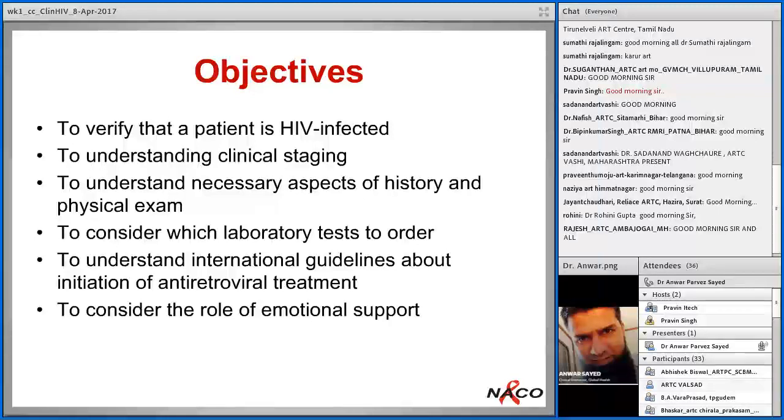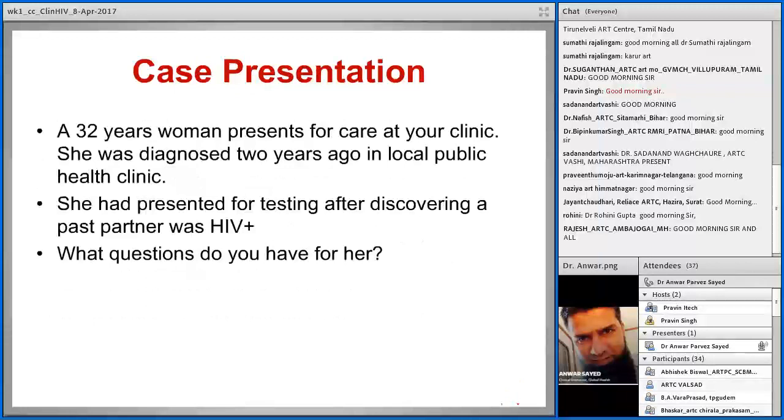What are the international guidelines for initiation of antiretroviral therapy? We'll also touch upon the national guidelines, but we'll not go into details of ART in this session. The next session will be on ART, where we will have a more elaborate discussion. And also what other things, in addition to treatment, will help our patients do better in their life. All these aspects have been very nicely discussed and explained in those two lectures by the university faculty. We'll try to see how that can be implemented in the national scenario.